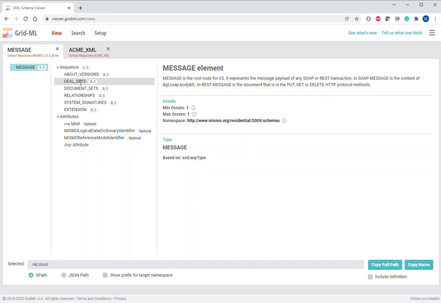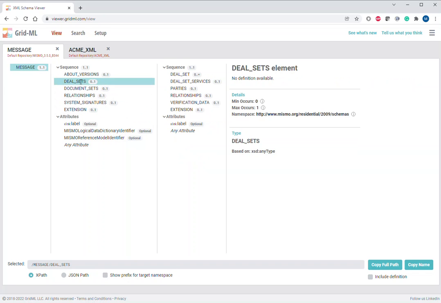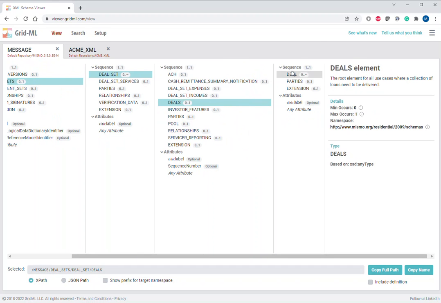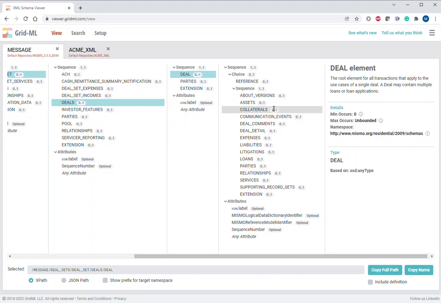If I select one of the children elements, deal sets, in the next column over, it shows me the children of that element, and then in the far right, since I have deal set selected, it shows me that element and its definition. So this allows us to go up and down the schema. I can select any of these. If I go deal,